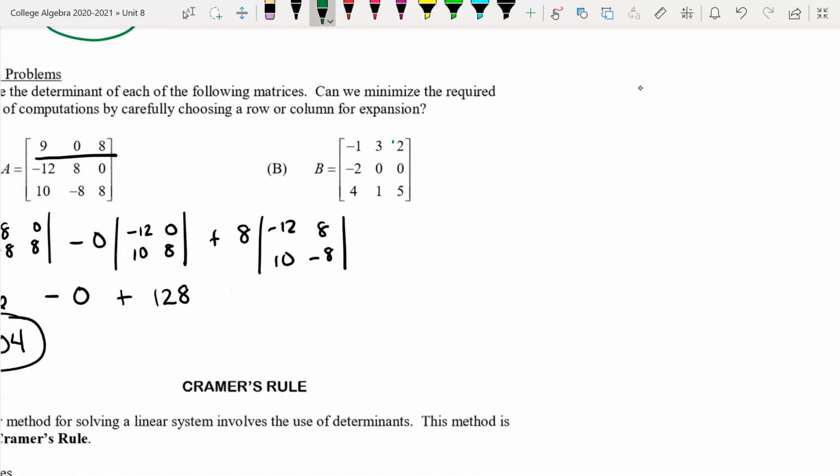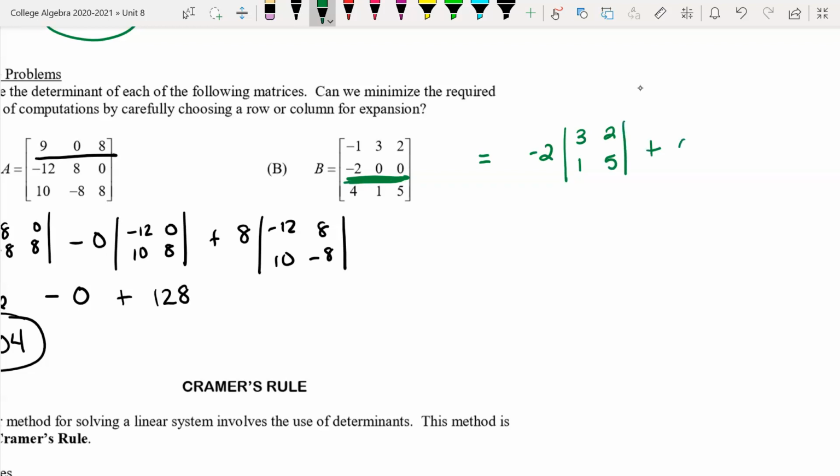Now this one, I can take the column because it has a 0 in it. Do you see that? All right. Or you can take the row. Doesn't really matter. I like the second row. Do you see that? It's got 2 zeros. So I can do this. Negative 2, determinant of 3, 1, 2, and 5,